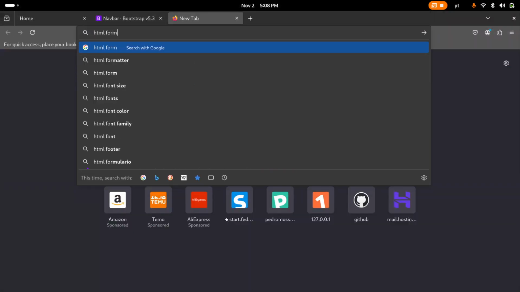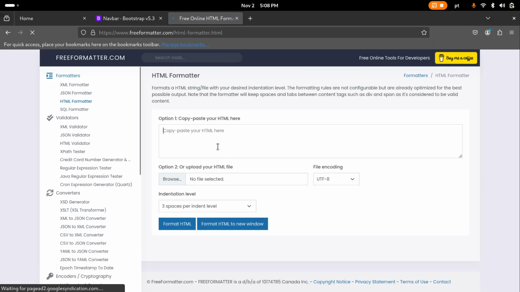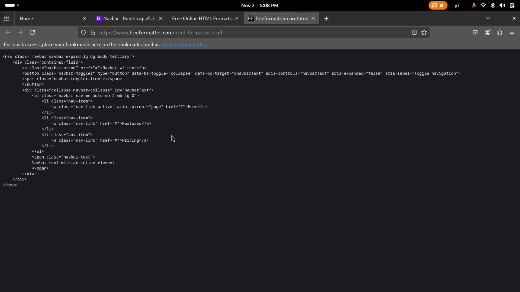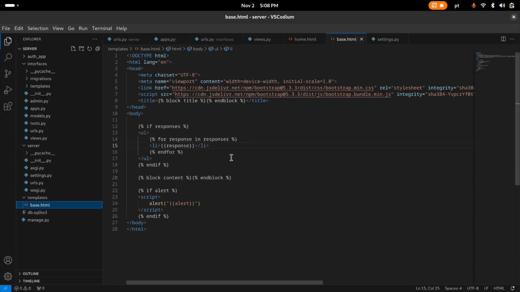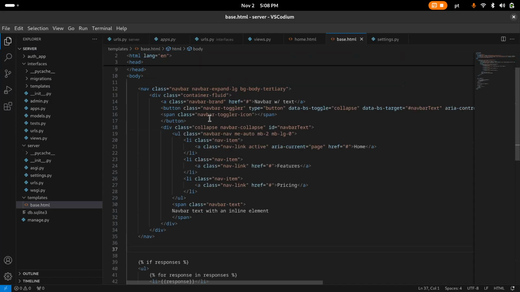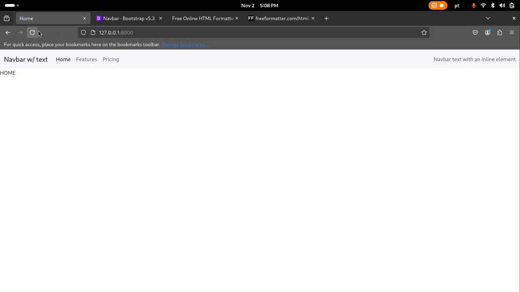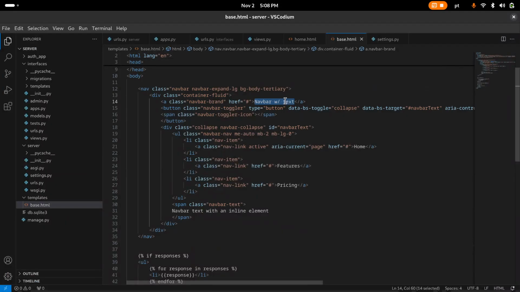HTML formatter. I want 4 spaces. Great. Template space. Okay, save. Now we have our navbar up here. Let's just personalize it. PG as a service,